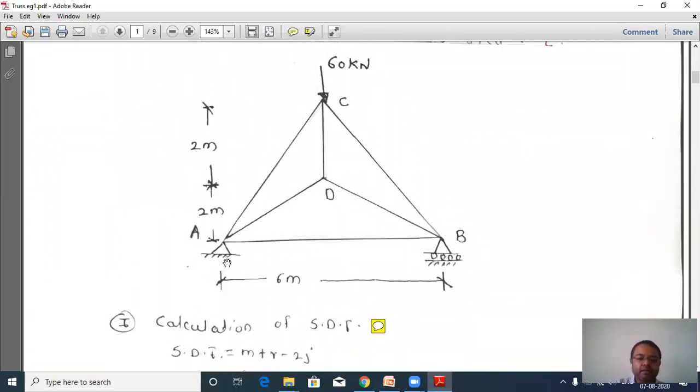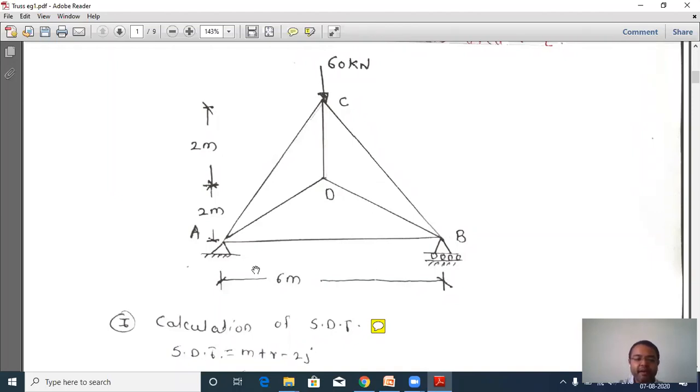Of course, this is a hinge support at A. There exist two reaction components for a hinge, and a single reaction component for the roller. But if you observe the total diagram, there is no horizontal externally applied load. The applied load is only perfectly vertical. That's why at the hinge support at A, there will exist only a single reaction component, perfectly vertical. And for the roller, of course, it is perfectly perpendicular, so a single reaction component exists.